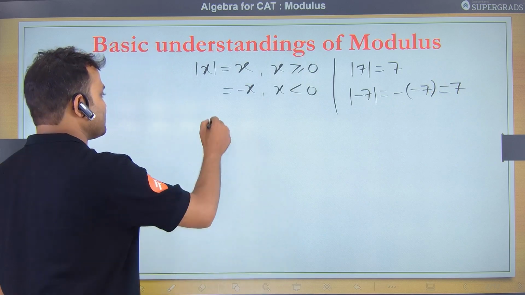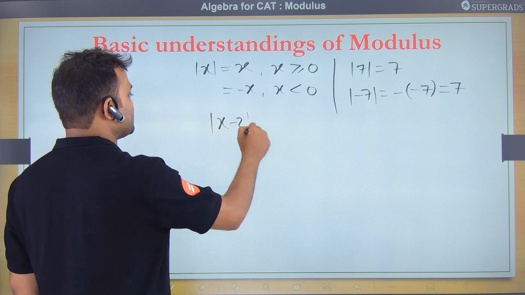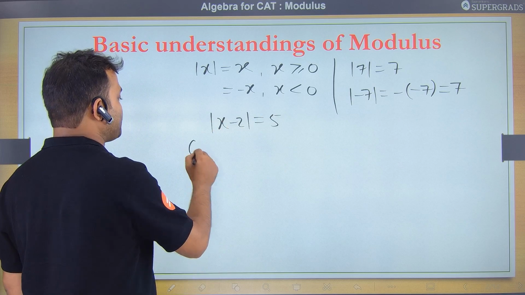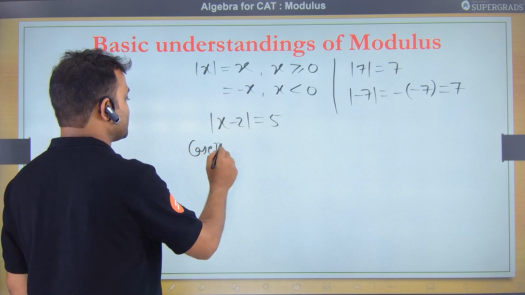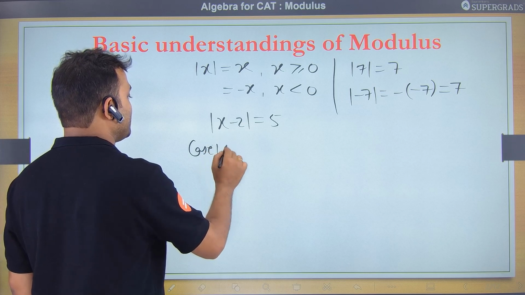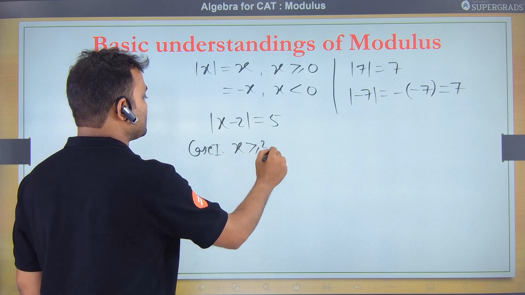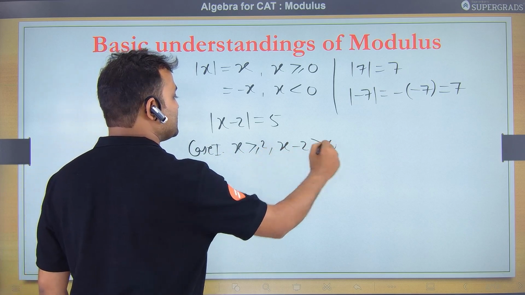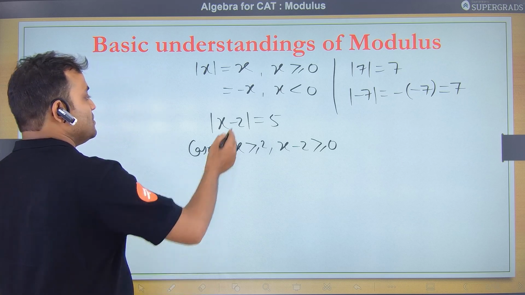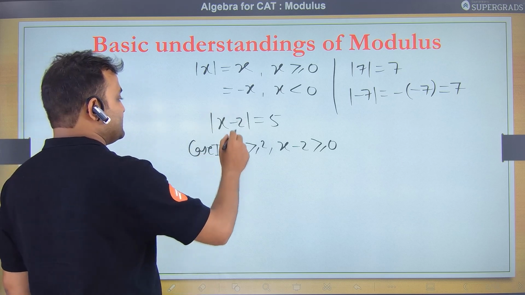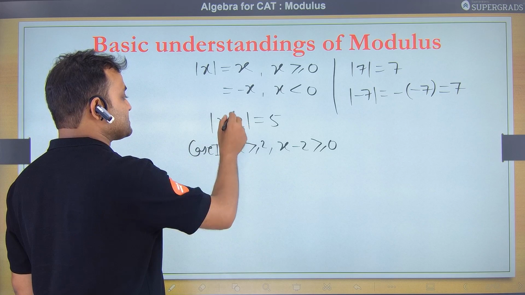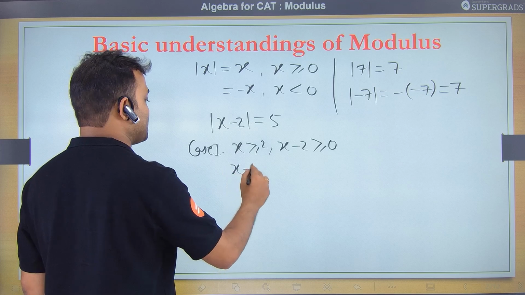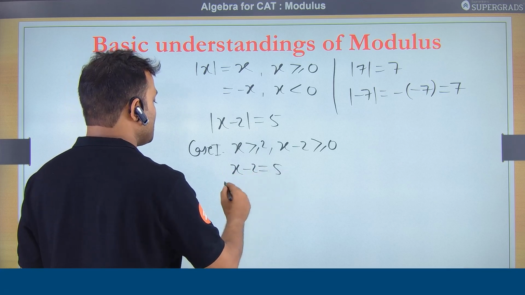Like let's say mod of x minus 2 is equal to 5. So how do we solve it? We will have to consider two cases. Case 1, where we take x is greater than equal to 2. In that case, x minus 2 will be greater than equal to 0, right? So here, in this mod of x minus 2, this x minus 2 becomes positive. So we can straight away take it as x minus 2 is equal to 5,